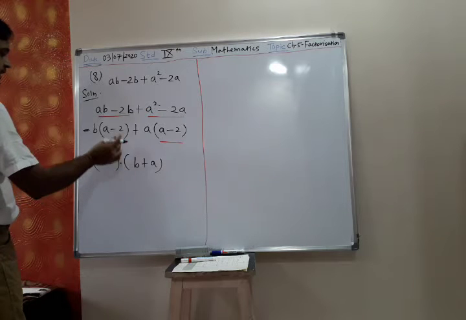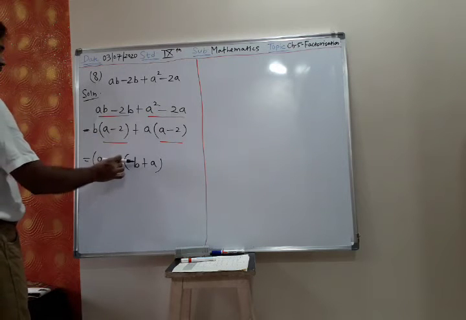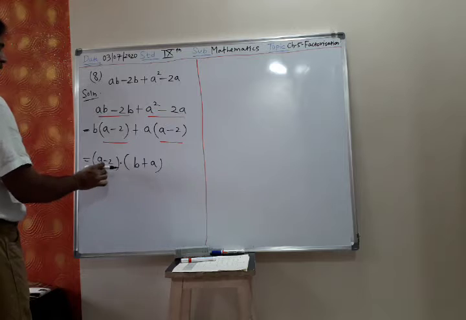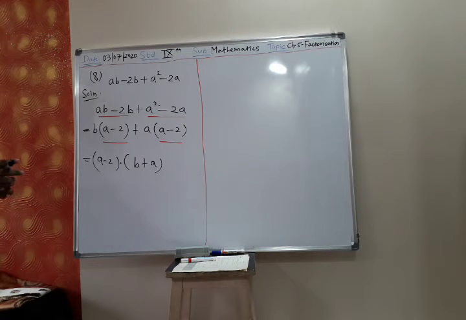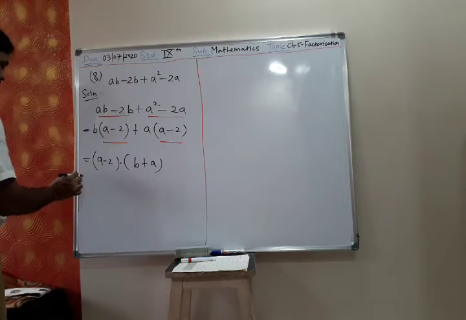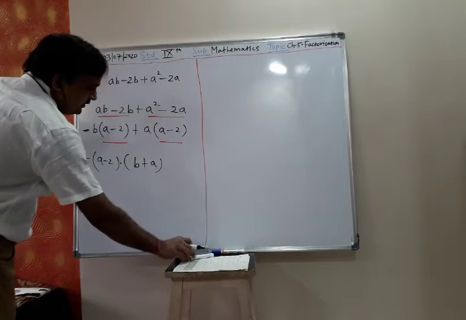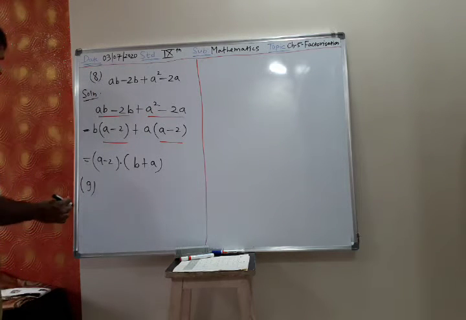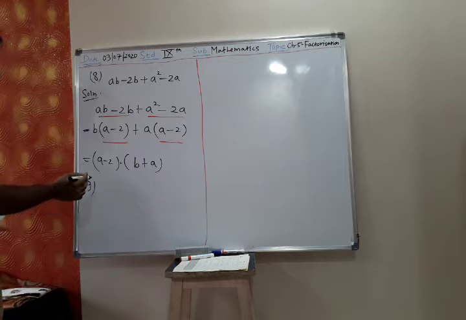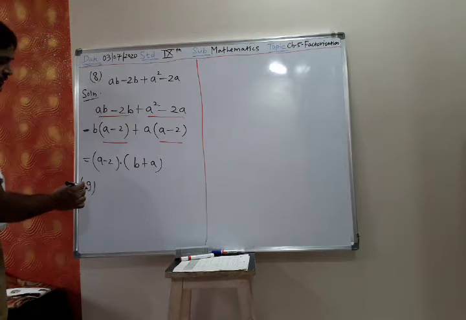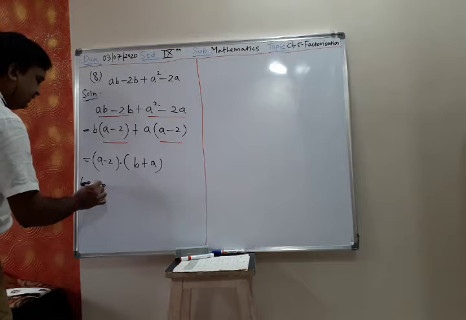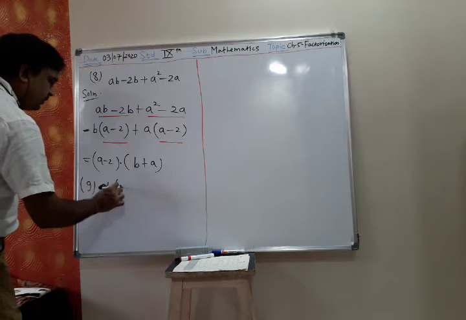So now this entire expression is a product of two terms. Whenever it is a product of two terms, three terms, four terms, factorization is over, and this is the answer. So A minus 2 into B plus A is the answer. You can write B plus A as A plus B. Now ninth: AB into x square plus 1